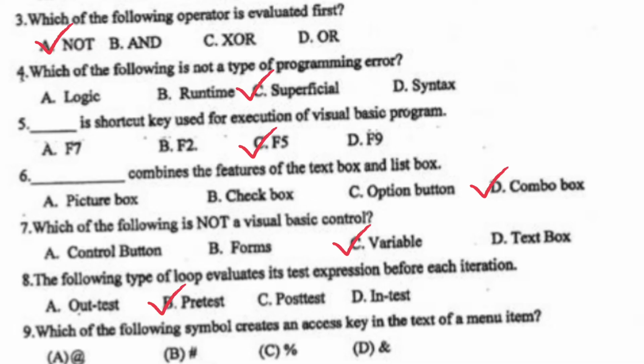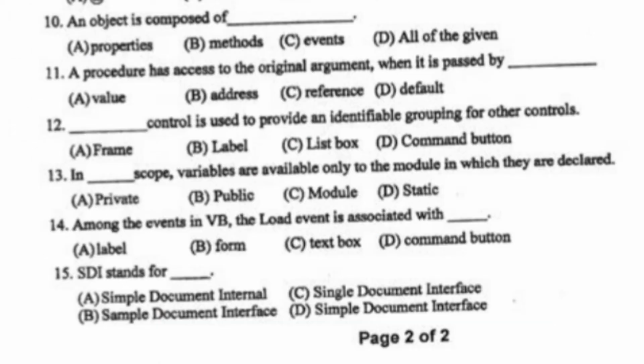Which of the following symbols creates an access key in the text of a menu? The right option is D, the ampersand sign. An object is composed of all of the given. A procedure has access to the original argument when it is passed by